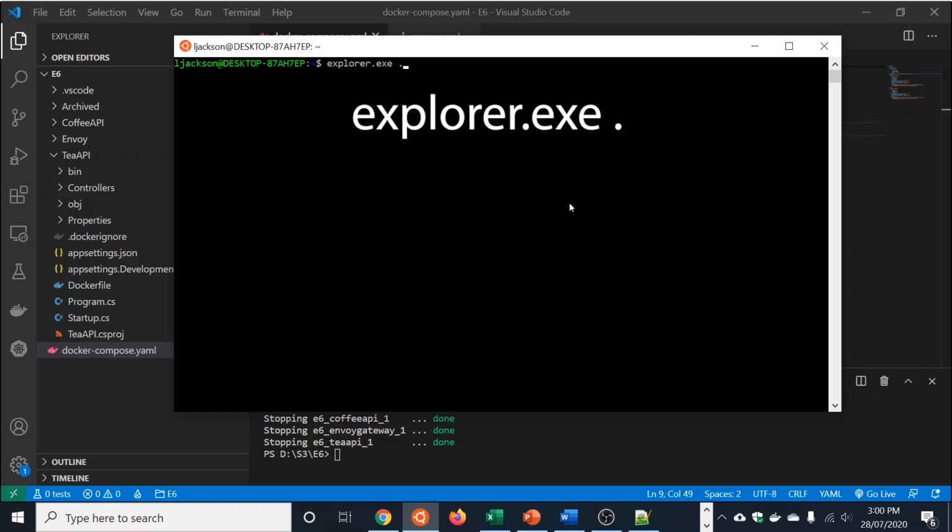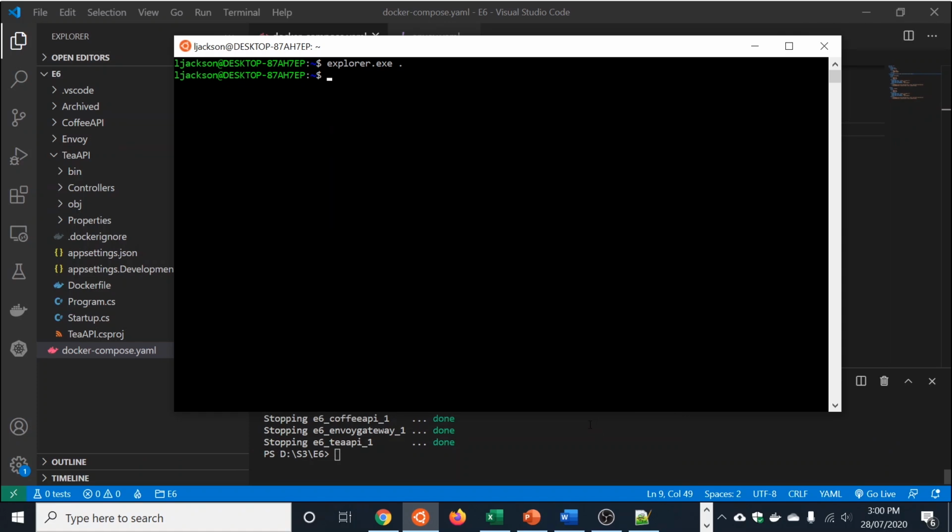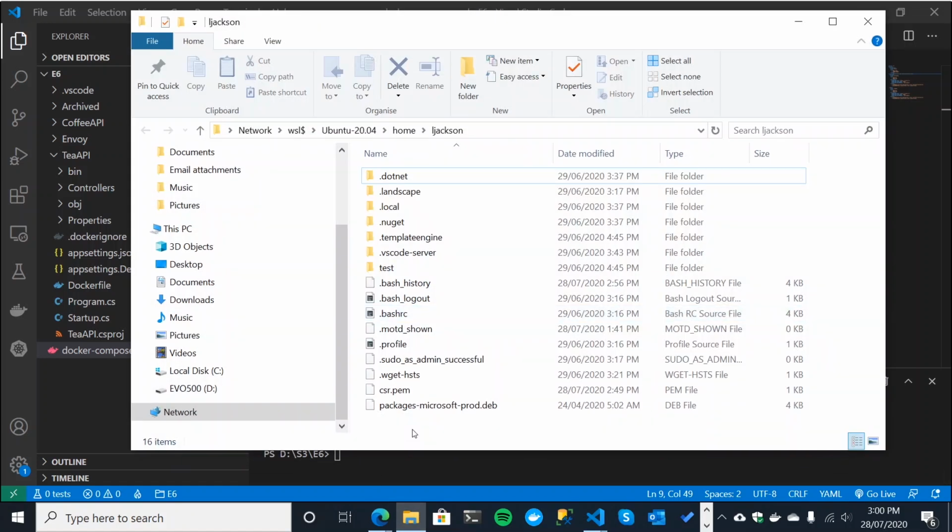So explorer.exe . will open up Windows Explorer, and it will take you to this network location where it gives you access to the Linux file system, which is really, really nice. So let's just minimize that for a minute. No, we won't. We'll re-maximize it, because the first thing I need to do by way of creating